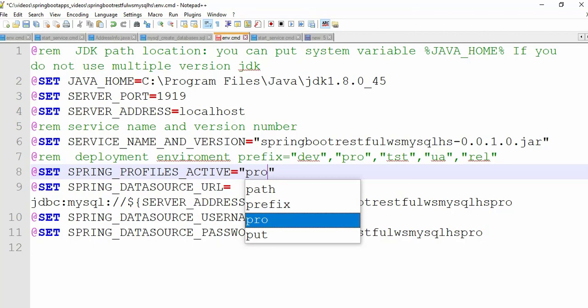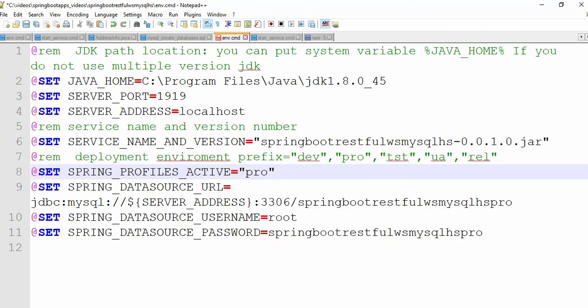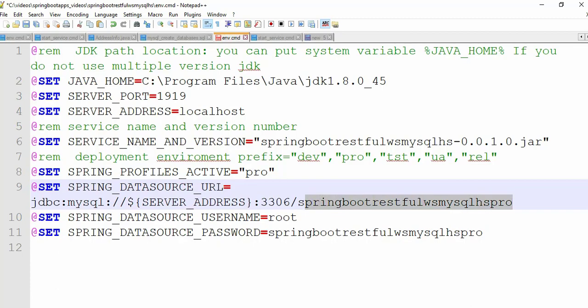So for this case we already set it, and this is your production database. We already generated this database, and this is the user, and this is the password, and